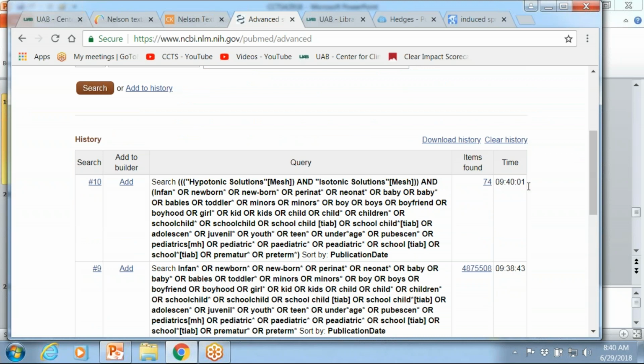You can also use, speaking of the clinical queries filter, you can see on the history there are these search strings numbers. So this is number 10, the search I just did that got 74.